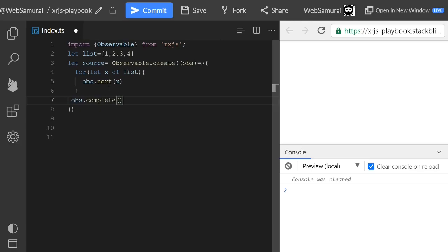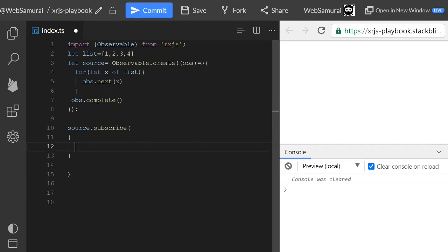Now I'm going to subscribe to this source with source dot subscribe, and I'm going to pass the object directly rather than creating an observer class.